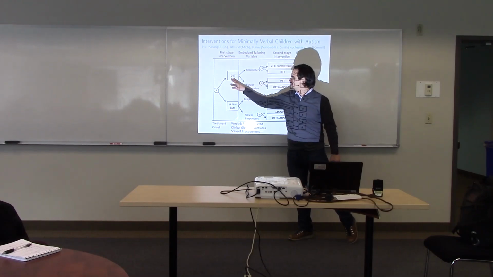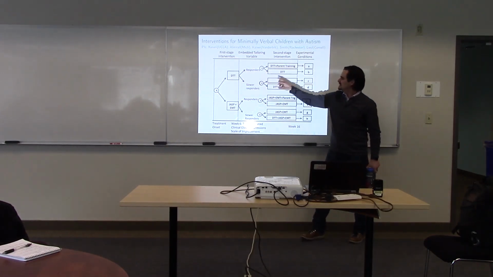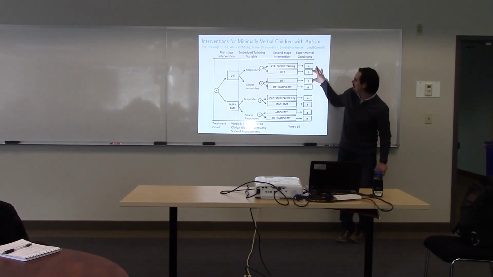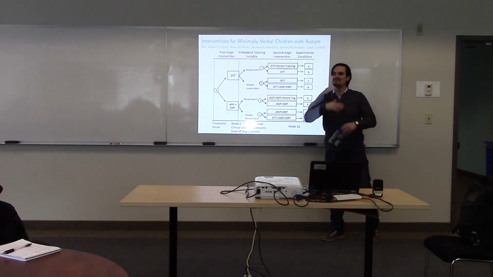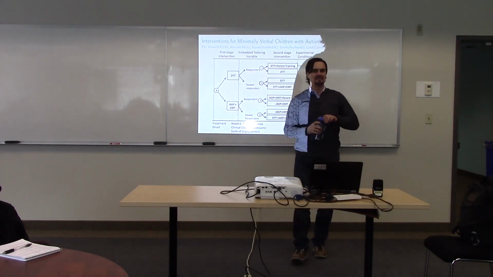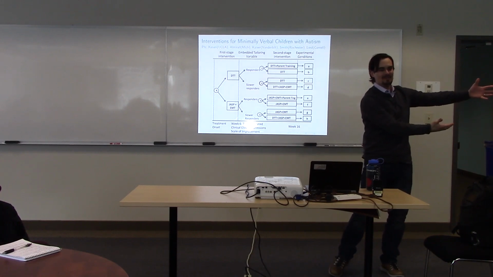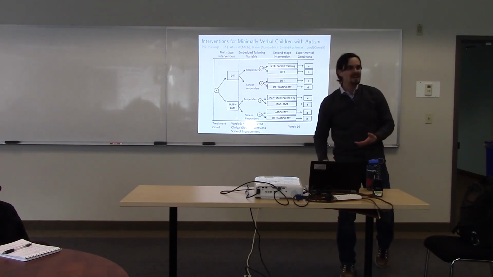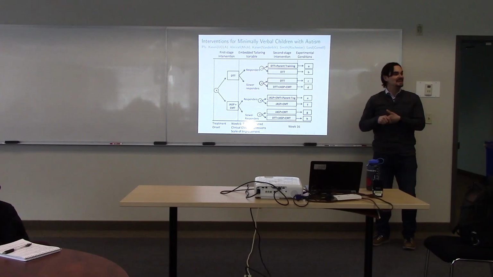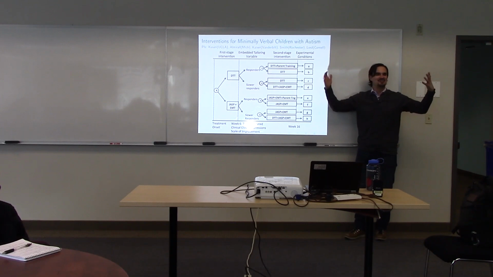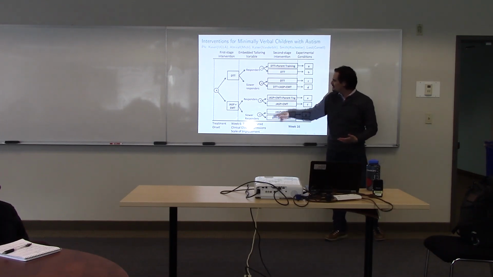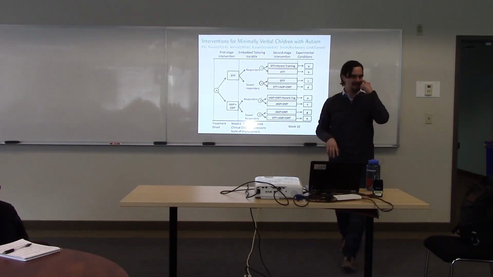Watch. Half of them get DTT. If you're a responder, half get DTT. And if you're a slow responder, half get DTT. That means that kids in boxes B and C, regardless of their response status, will always get DTT all the way through. It's almost as if they were in their own DTT-only arm. Well, it turns out that in this example, DTT is usual care. Well, close to it, because discrete trials training is probably one of the more commonly delivered interventions for children with autism. So embedded in a trial like this, there is a control arm. And then we're trying to figure out if there's better things than that. You guys see that? It's kind of cool.